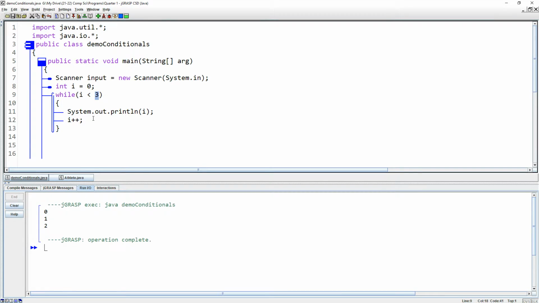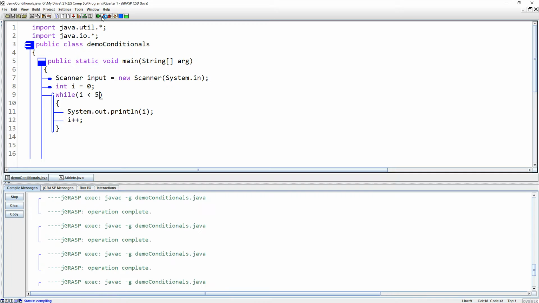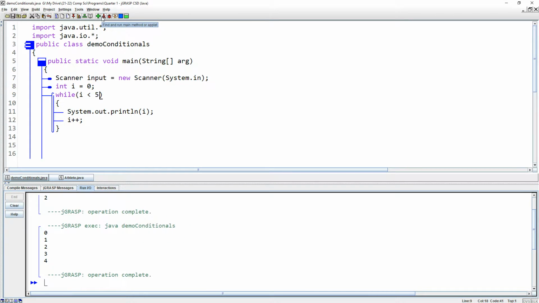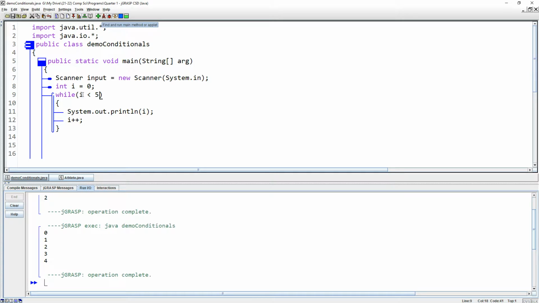And if I want to make it print out more, I could change this value to say 5 and run it. And then it's going to give me 0, 1, 2, 3, 4. So again, it runs 5 times based on the condition of I. So that's nice. I can control the while loop. I can kind of predict when the while loop will stop because of what I've done, how I've set it